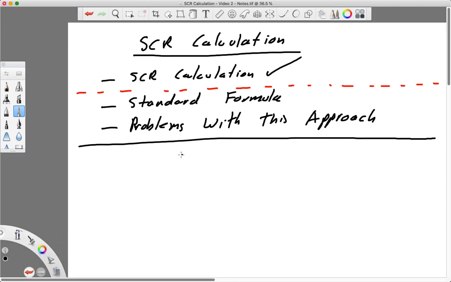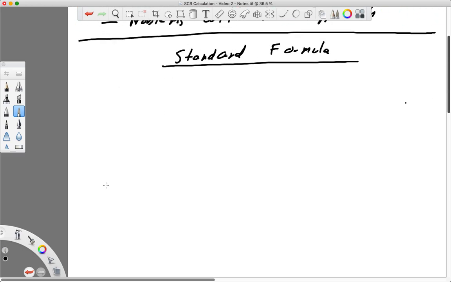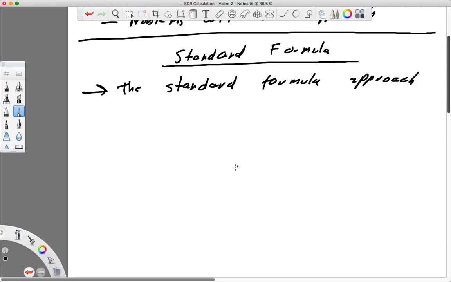So this section is called Standard Formula. The standard formula approach is to work out the 99.5% value at risk of